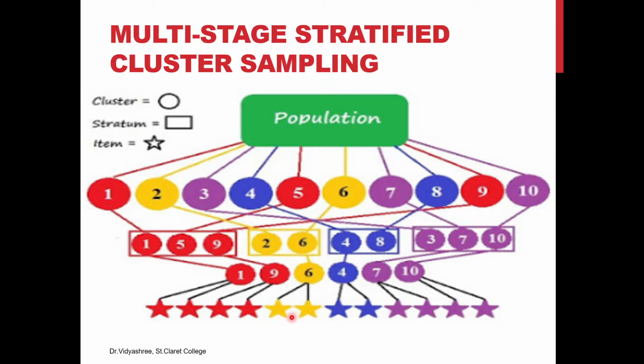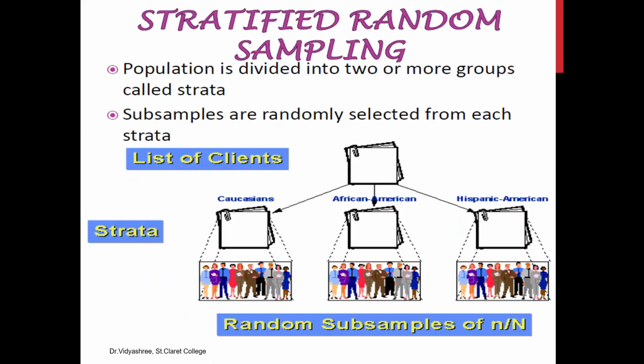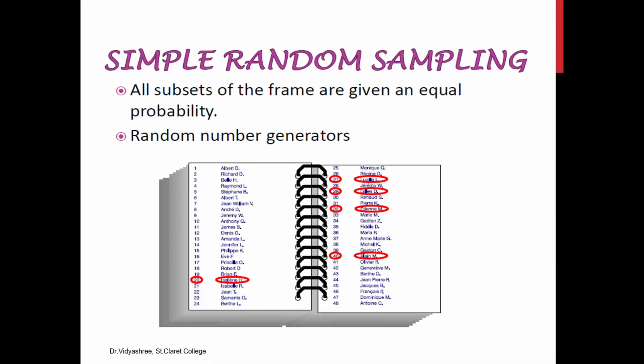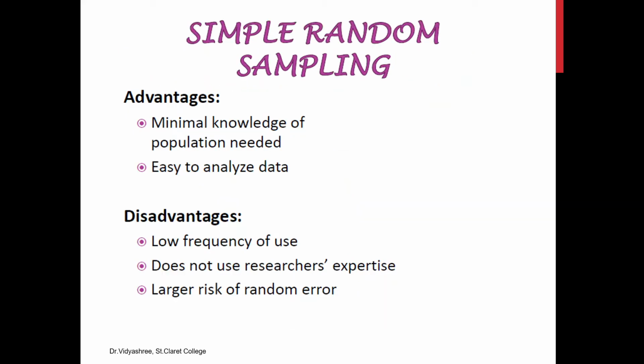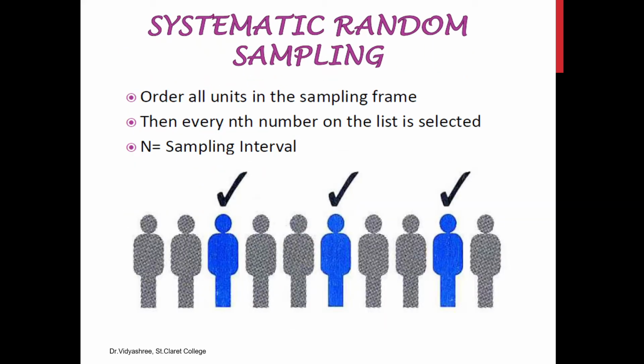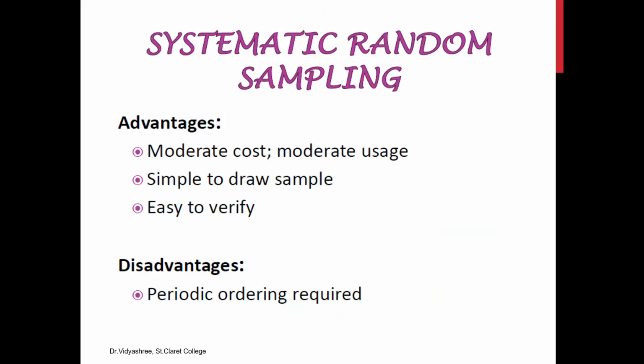So in the next video, let me explain to you the difference between the stratified and cluster sampling and also the non-probability sampling. So let me just summarize once. There are a total of 5 different types of probability sampling. The first one is simple random, where you know all the frame and randomly you are picking a few people, that's nothing but simple random sampling. Systematic, you order and ask every second person or third person or fifth person to be selected as a sample.